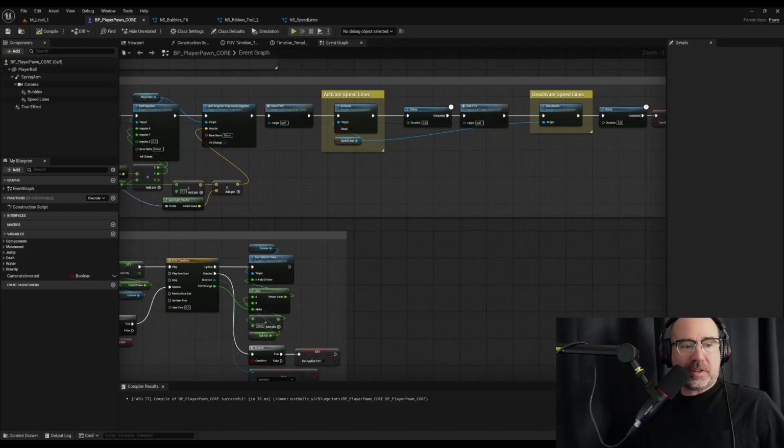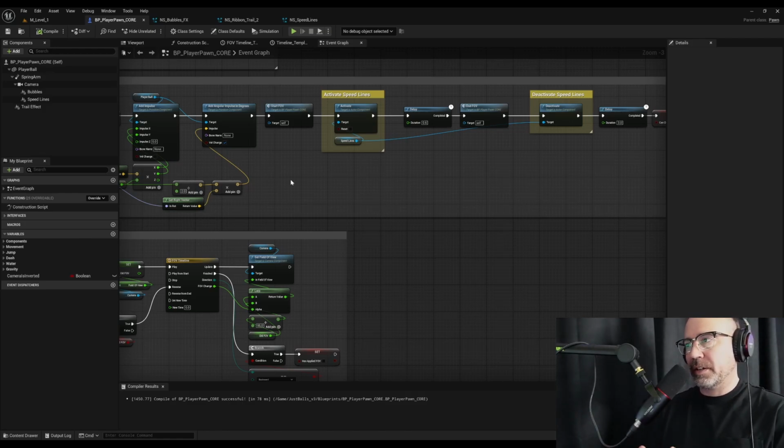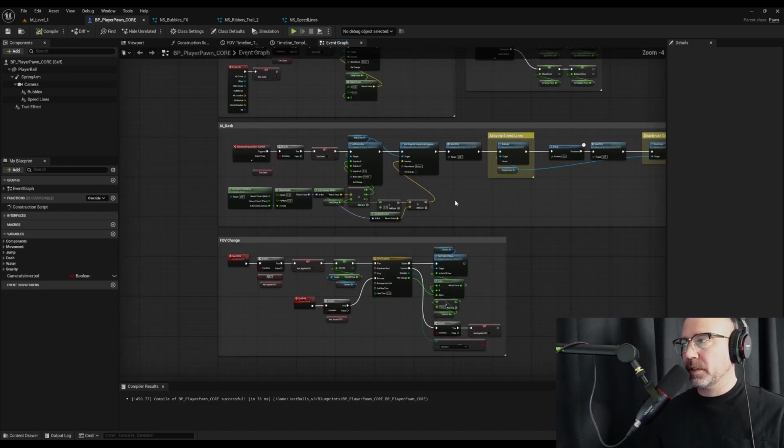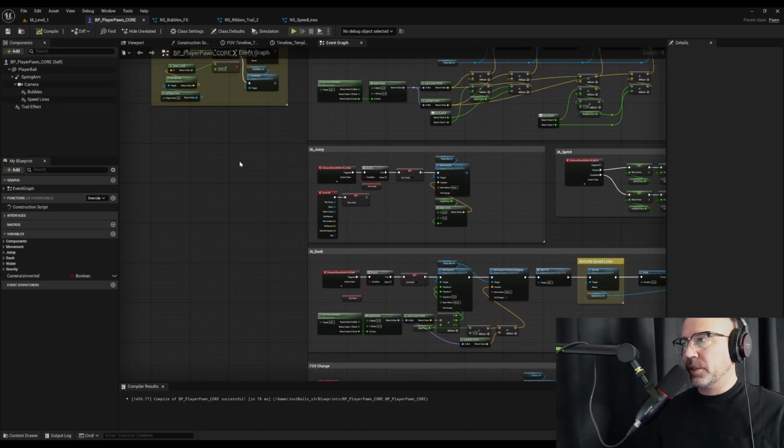Today we're talking about particle effects in Unreal Engine 5. It's the first video of the year, so we thought let's do a fun one. So I'm going to bring you over to Unreal Engine and show you not only the 3 particle effects that I have in my game on my player now, but I just want to show you exactly how I activate them as well. Some of that is the most fun part